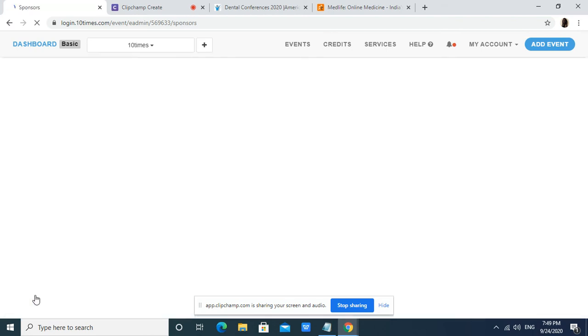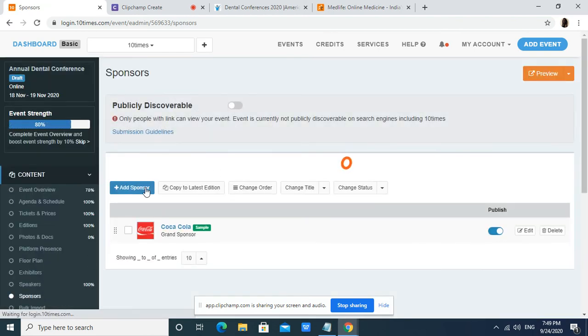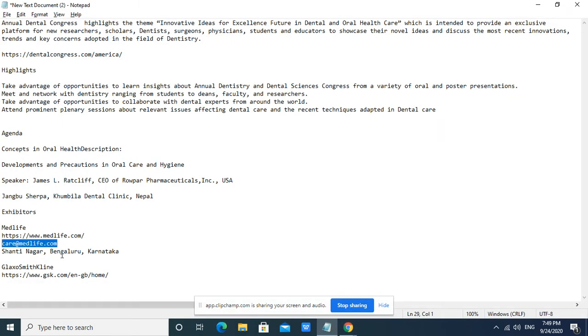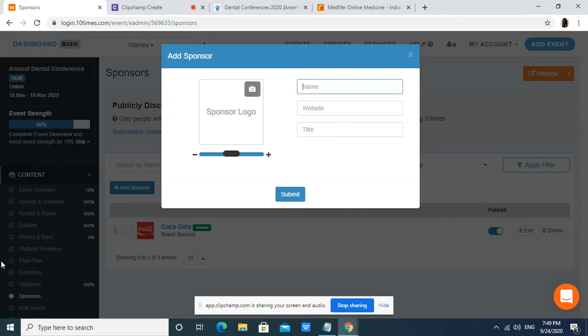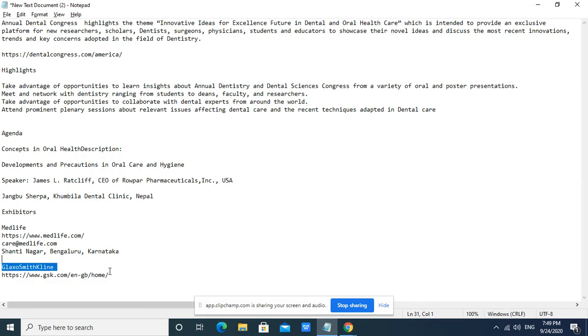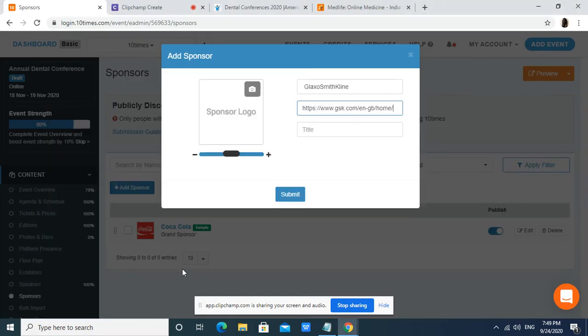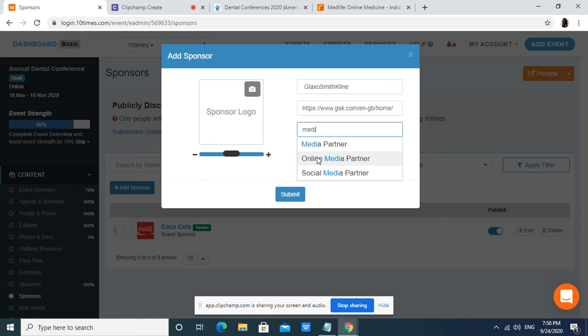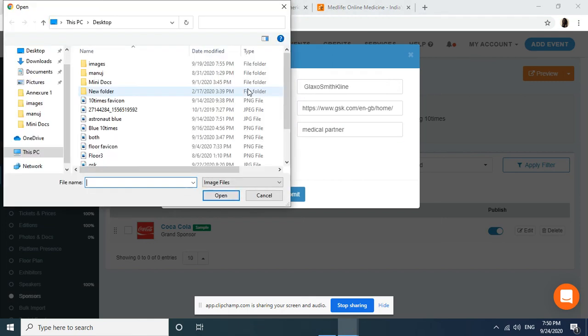Similarly, you can add your sponsors. Just click on Add Sponsor, write the name of the company, their website, and their logo.